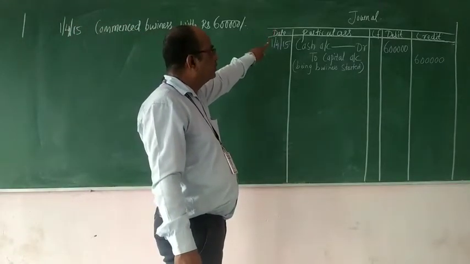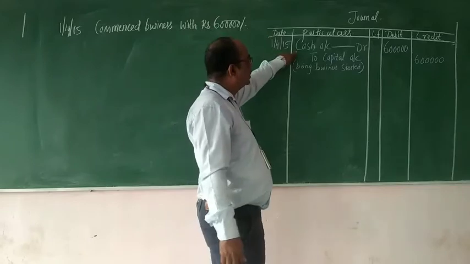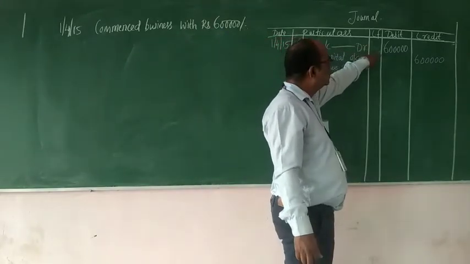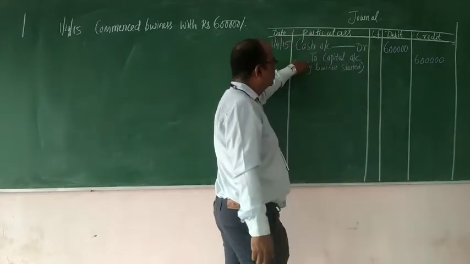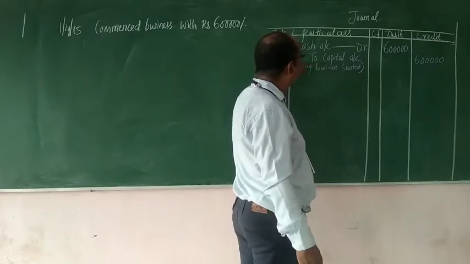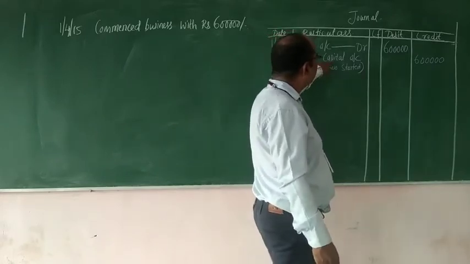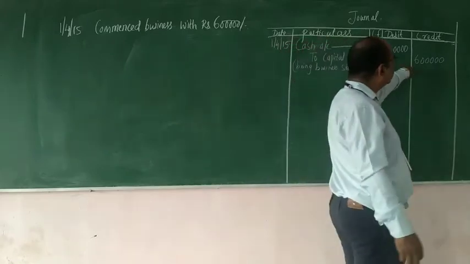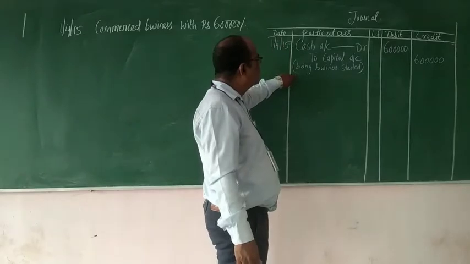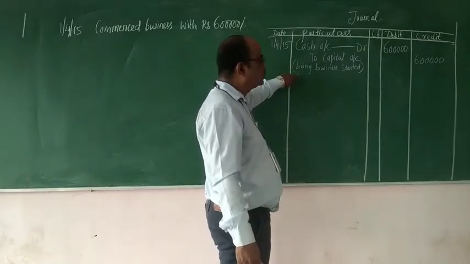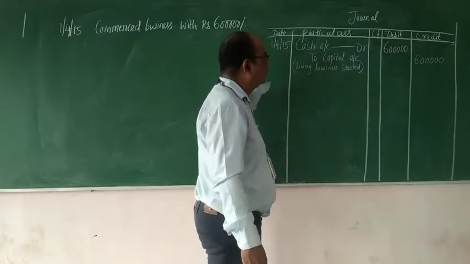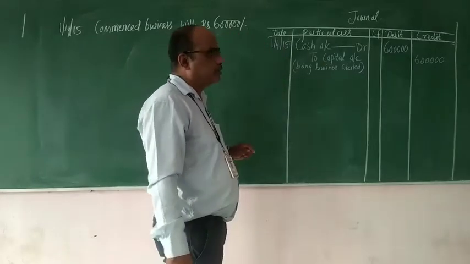So directly what you will do? What is debit? You will write first. You will leave a little bit of space here and then write DR. Write in the debit column and credit to capital. Whatever is credit, you will write to. You will leave a little bit of space here. Then you will write to capital account. You will write it in the credit column. So at last, you will write a short description of the transaction, which is called narration. So you will write being business started. This is how you are supposed to do the journal entries.